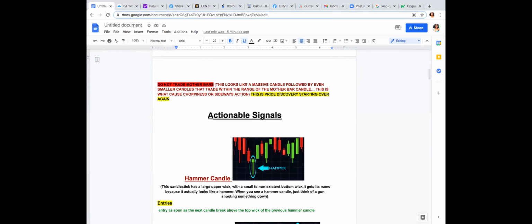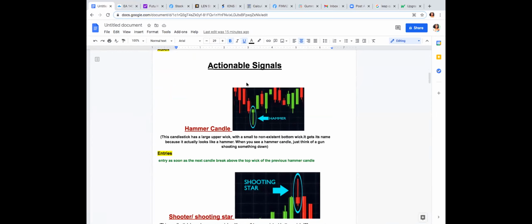So I'm also going to give you guys a few actionable signals. This is just an overview of the hammer candle as well as the